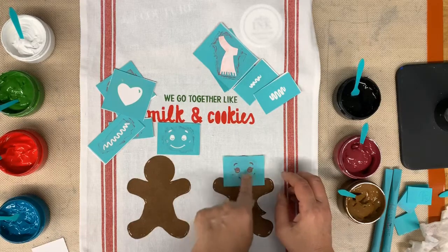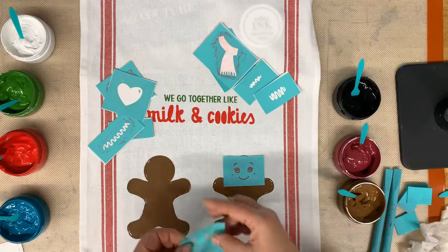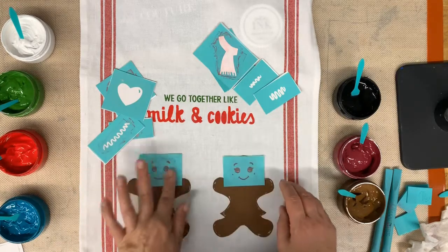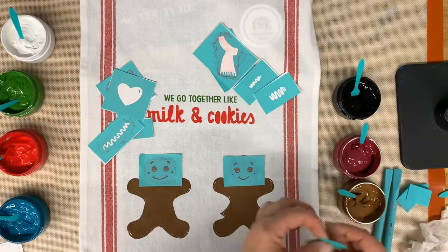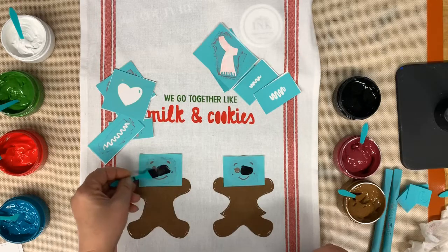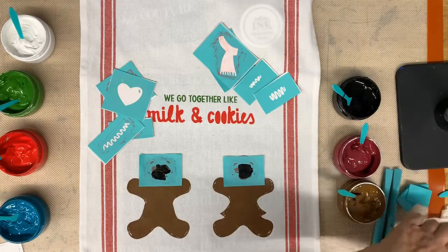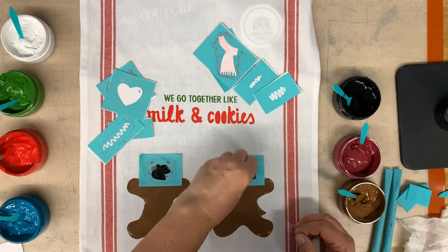Well, let's see, what shall I do? Well, technically it should be black and the frosting is all white. So I think I'll go ahead and do the black and we'll see how it looks. And the next time I do these, I'll make that decision whether I use white or black, I guess. All right, so doing our little